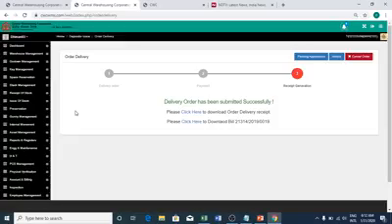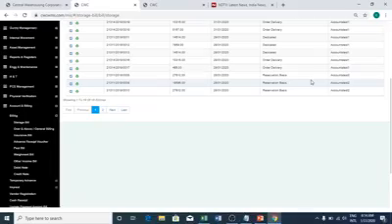If there is an advance income from the party, the system will ask whether you want to adjust the bill, and then you can go and adjust the bill. So these are some of the methods by which you can adjust the advance income received from the party. Let me now show you an example of how to adjust the advance amount for a reservation based party.